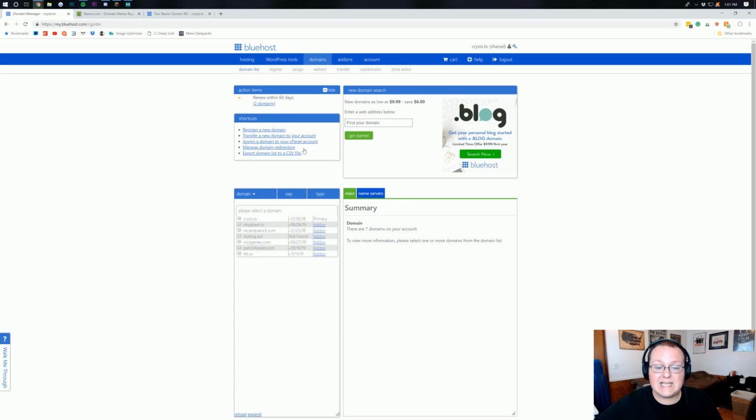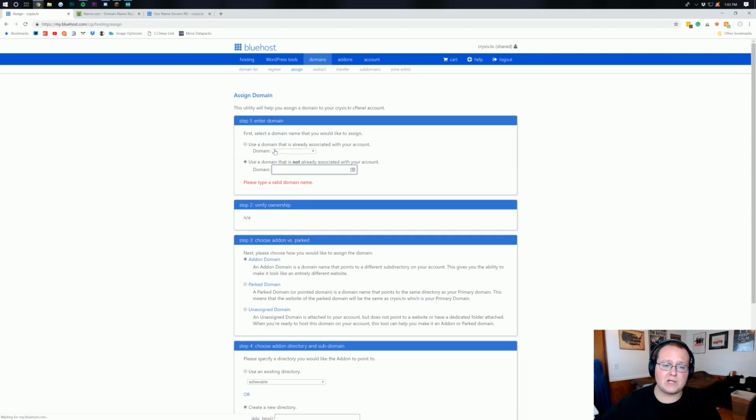Now, as you can see, it doesn't say necessarily add a domain here. What we're actually going to do is assign a new domain to your cPanel, right? See that? Assign a domain to your cPanel. Click on that, and when you do, it'll open up something that looks like this. Then just enter in your domain. In my case, that's nickking.me,